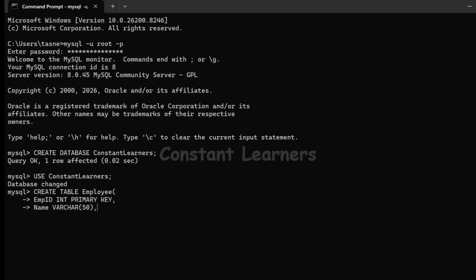Comma. The next column will be the department column. No, we'll just keep it DEPT. Alright. Again, the department column will have data type varchar. Again, I'm defining 50 character spaces for that. I want one more column, so comma and enter, and the fourth column will be salary. Alright, and salary will definitely be integers. Now this is my last column, so I don't need to put a comma here. We'll just enter, close the round bracket, and every query ends in a semicolon. So we put a semicolon and enter.